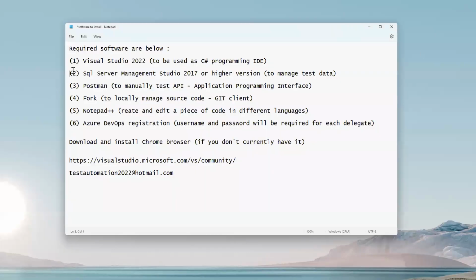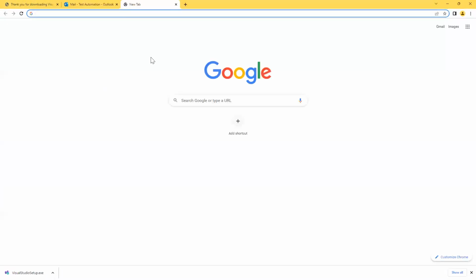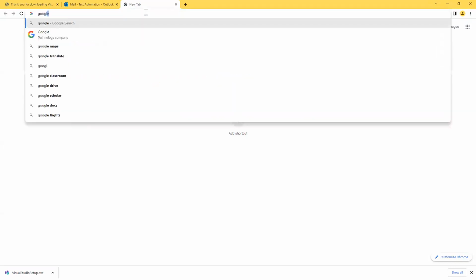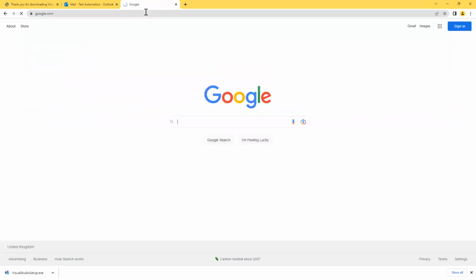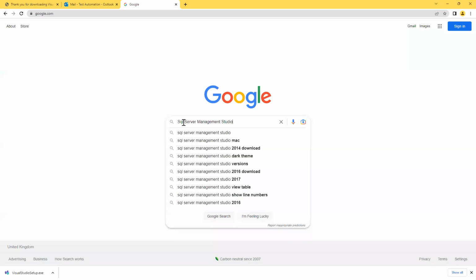Now we need to proceed to the second one, SQL Server Management Studio. So what I will do is I will just copy this part, open Google again, and open a new tab. I can do google.com if I'm not currently here. If you are not currently on Google Chrome, you can do google.com, enter. That'll bring you here. I can then paste the SQL Server Management Studio,